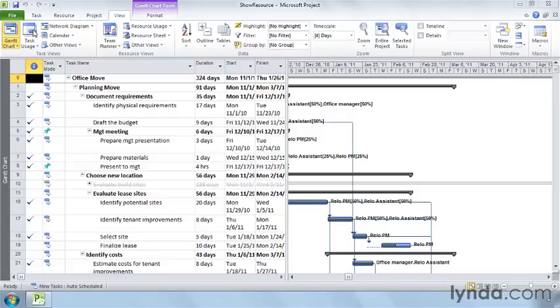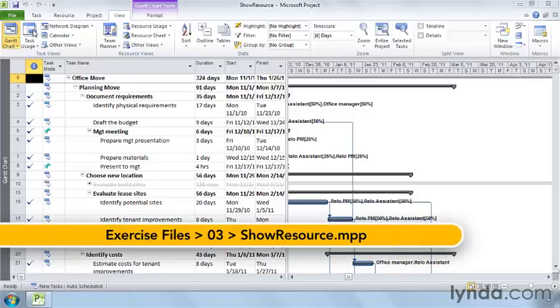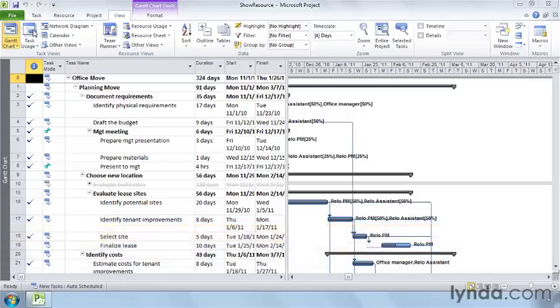Projects need resources: people to do work, equipment, materials, travel to scope out a location, and so on. Project comes with several types of resources to model the resources you use in the real world. After you define project tasks, you can start identifying the resources you need. When you add those resources to project, you tell the program how much the resources cost and how much they're